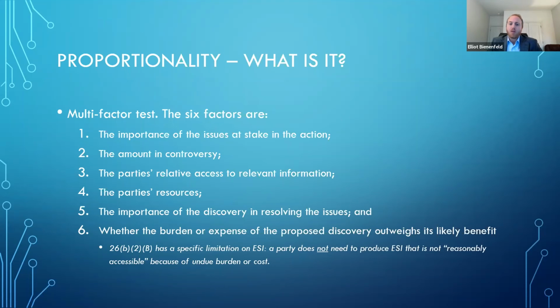So, what would providing this discovery help towards resolving the issue? And 6, whether the burden or expense of the proposed discovery outweighs its likely benefit. You can see that they're similar in idea, right? It's weighing cost benefits, and the proportionality was meant to make things more efficient and cheaper and more fair. I'm not sure how well the 6 factors are doing in that regard, but that's sort of the idea